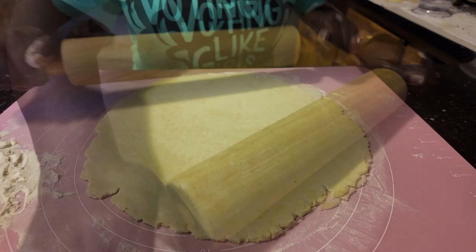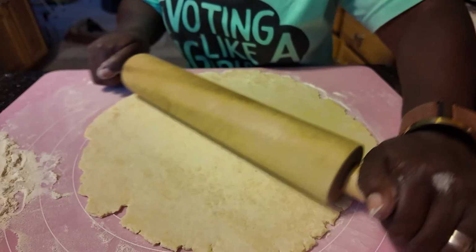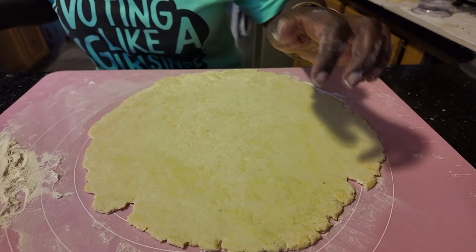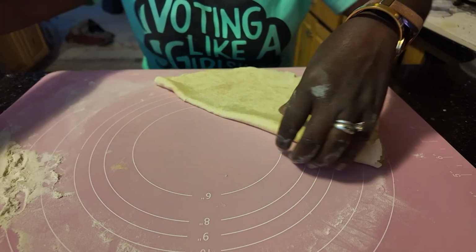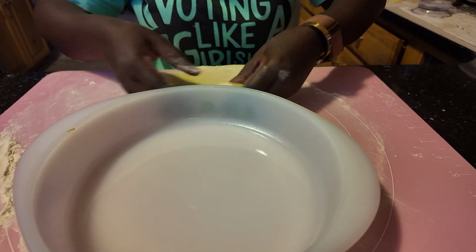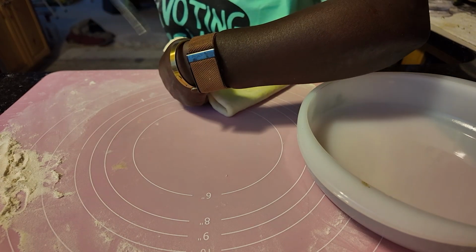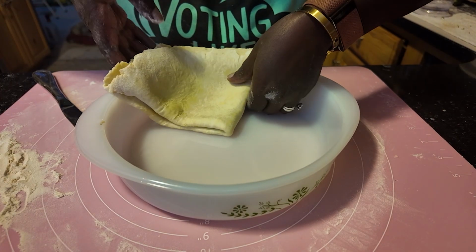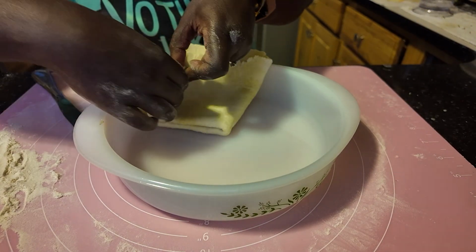Alright, that looks good. And I'm not worrying about making a perfect round, because I'm just going to fold in some of this pastry against itself. So what we're going to do is fold it over, bring my dish, and I don't need to see that I've gotten it folded into quarters. I'm just going to use that knife to help me lift any of the places that might get stuck. And I'm going to make sure that part right there is just about in the middle. So when I unfold the dough,